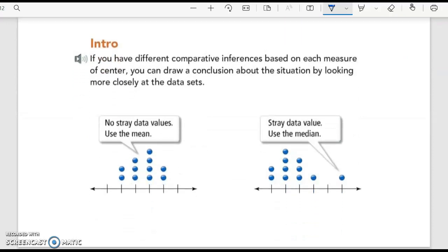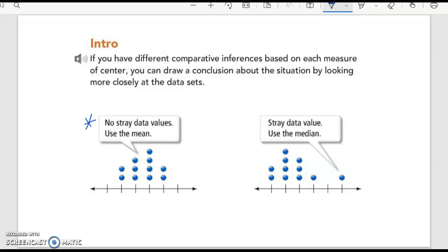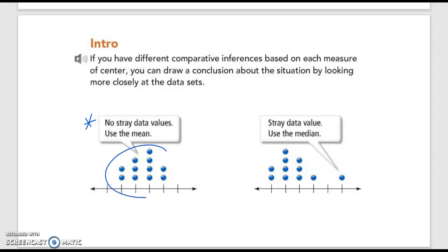If you have different comparative inferences based on each measure of center, you can draw a conclusion about the situation by looking more closely at the data set. As you can see in this data set here, there's no stray data value, so we can use the mean. Okay? So anytime all of our data lies within a few numbers of one another,